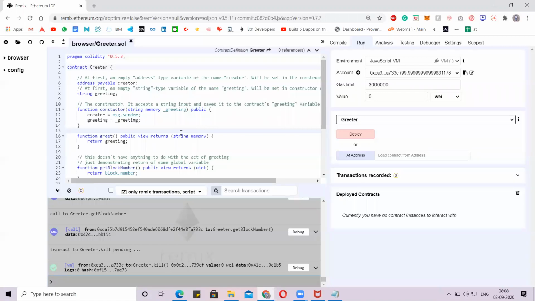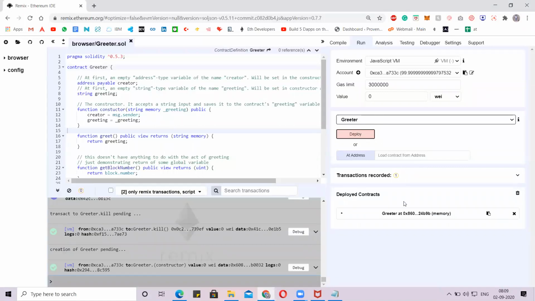Yes, deleting the contract. We are not updating the contract. Updating the contract is where we just pass the data to the contract and we get the data. See, I'll just show you how. Thanks for that, Abdul. See, I have deployed the contract. Now I'll pass some random data here.